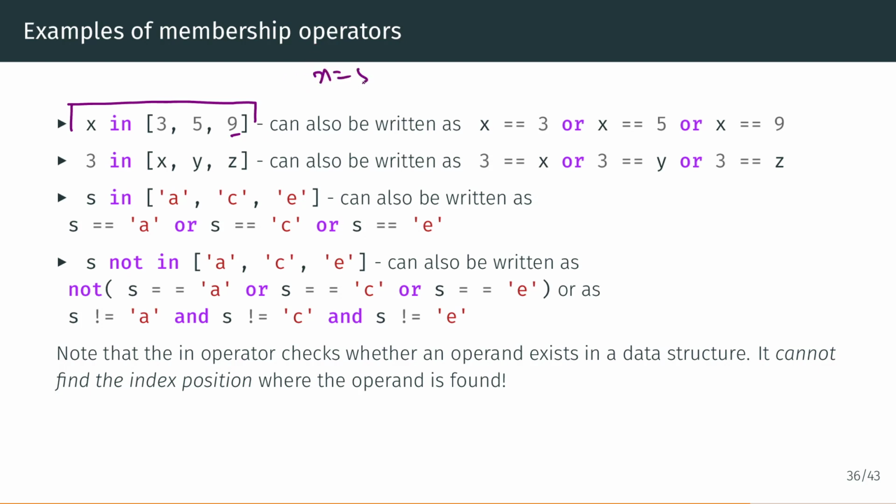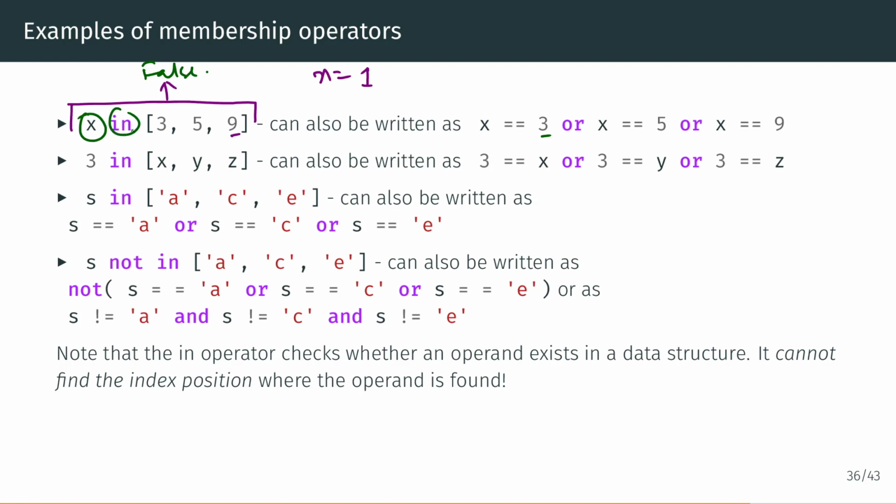If x equals 5, this expression will evaluate to true. And if, let's say, x equals 1, then this would evaluate to false. So it depends on the value of x. What this means essentially is if x equals 3 or x equals 5 or x equals 9, right? So if you had to use